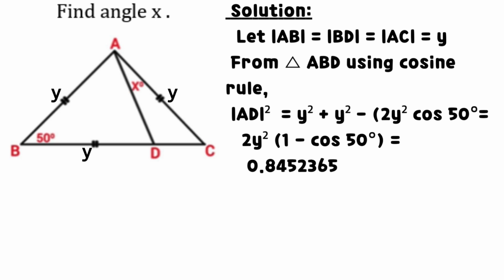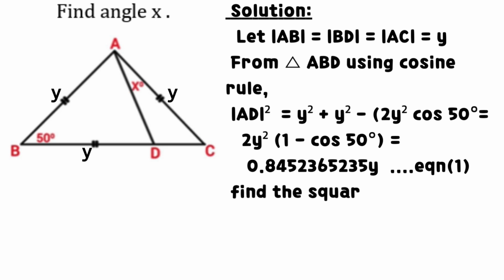the square of line AD equals 2 times the square of y times 1 minus cosine 50 degrees, which, after simplification, equals the product of 0.8452365 and y. We call it equation 1. Find the square root of the equation. It implies that